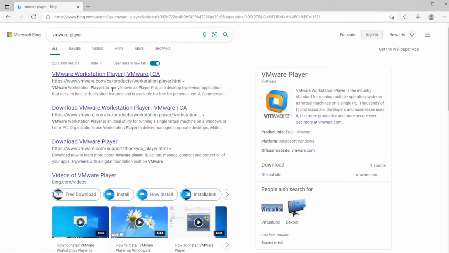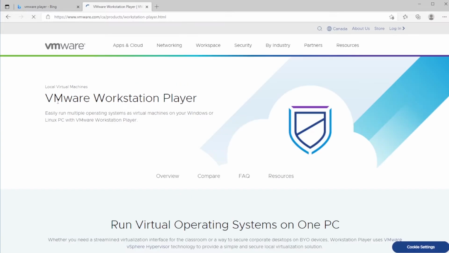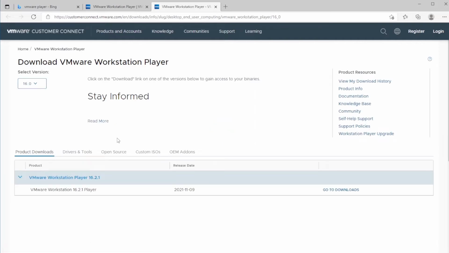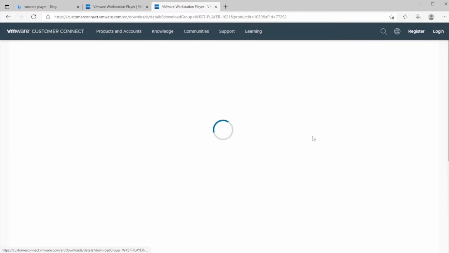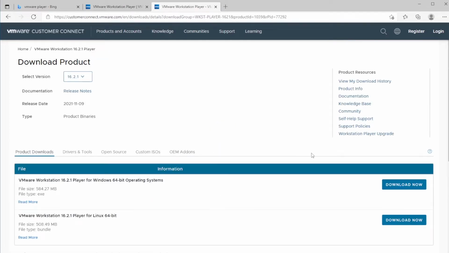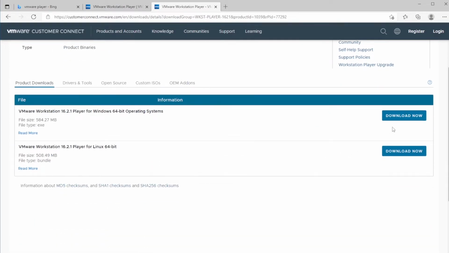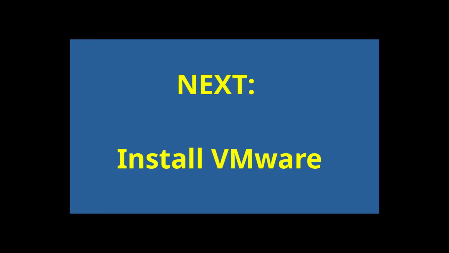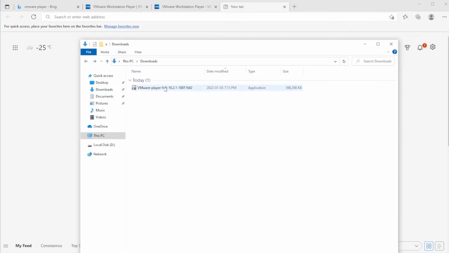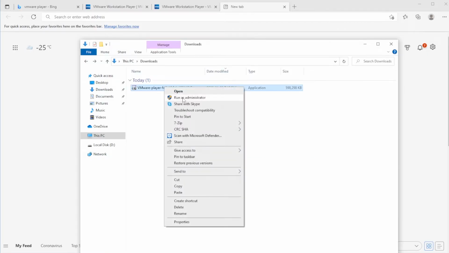So download VMware Player, go in your browser and punch it in. Download it straight from the website. Download for free. Now choose version 16. It has to be 16 or newer. So download now, just wait until it's done and install it. So right click on your download, run as administrator,